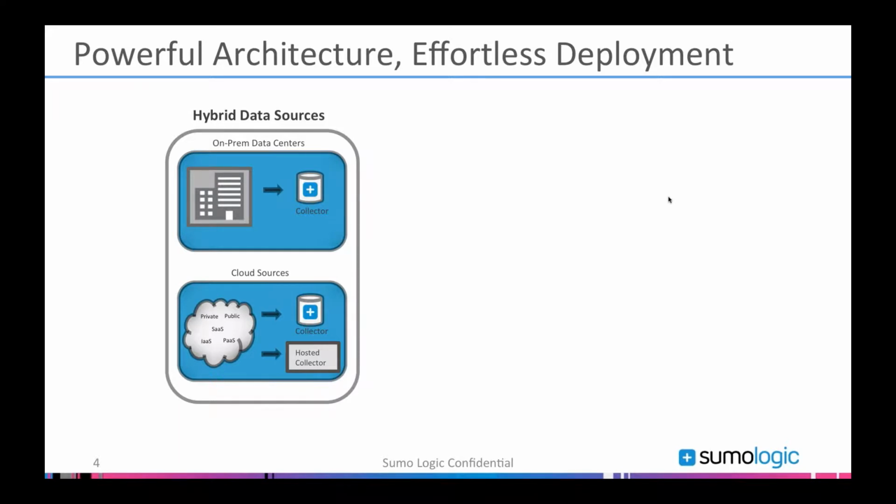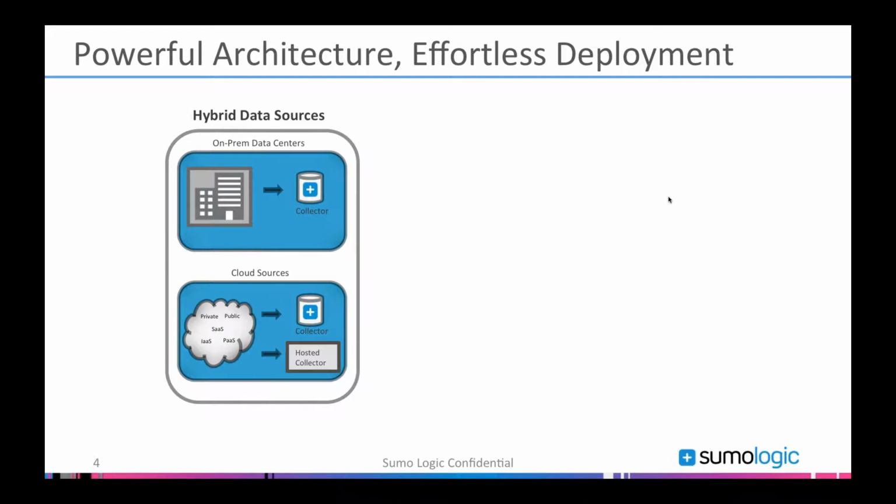So for us, the deployment model is really simple. Once you sign up for the tool, you start out by downloading small pieces of software that we call a Collector. You can deploy it if you're running an on-prem application or you have on-prem IT infrastructure, in your own data center.